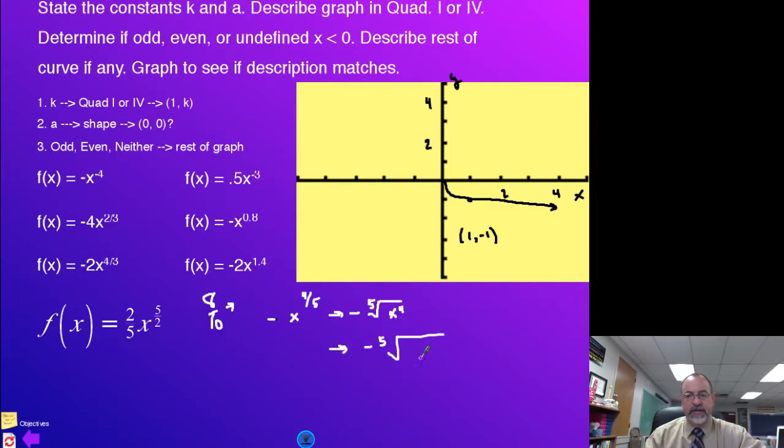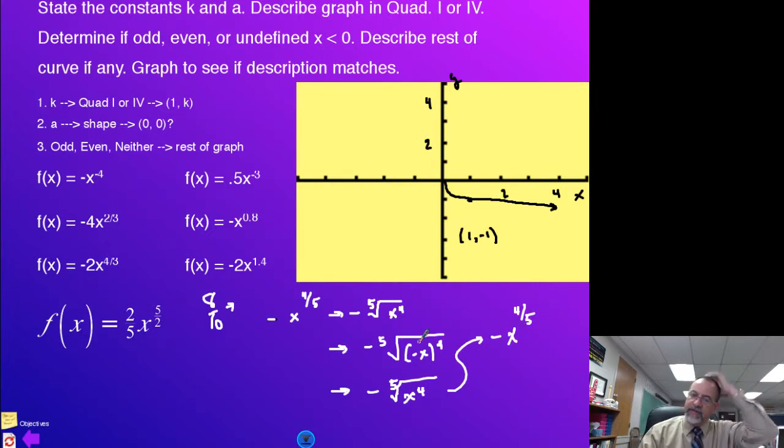If we substitute in negative x, that's negative x to the 4th power. And then if we simplify that, we're going to get negative the fifth root of x to the 4th, which gives me, if I turn it back into a fraction, negative x to the 4/5 power. So when we substitute in negative x, we get the exact same function that we began with,